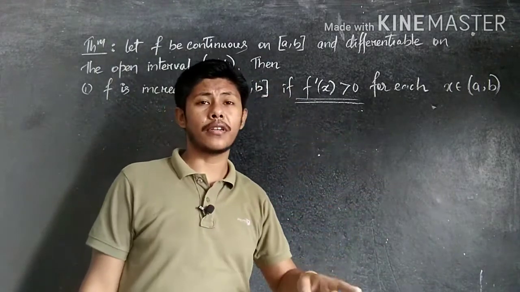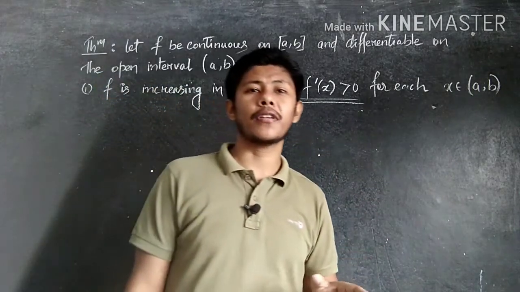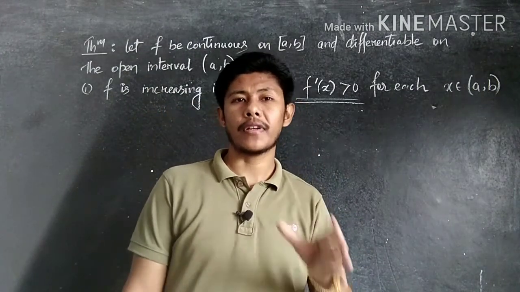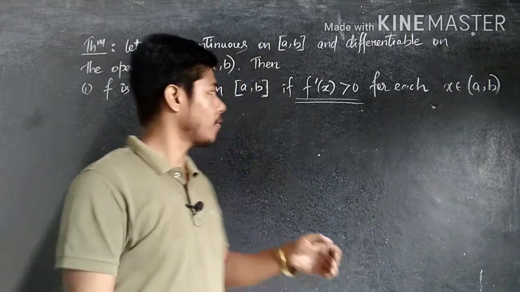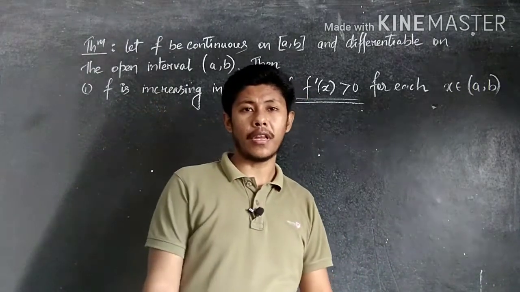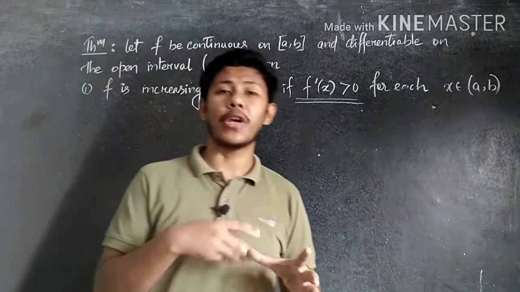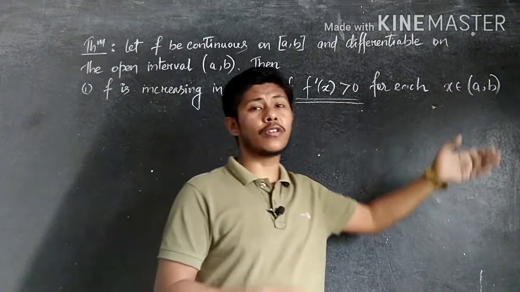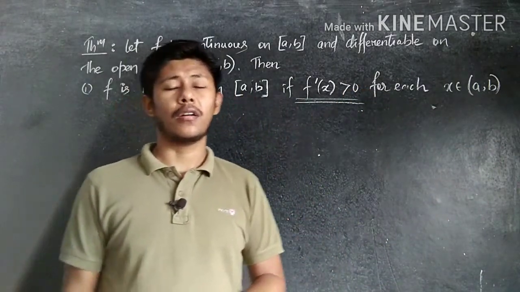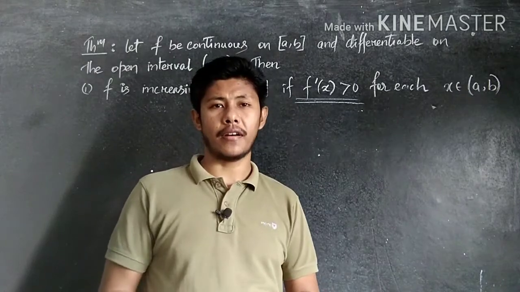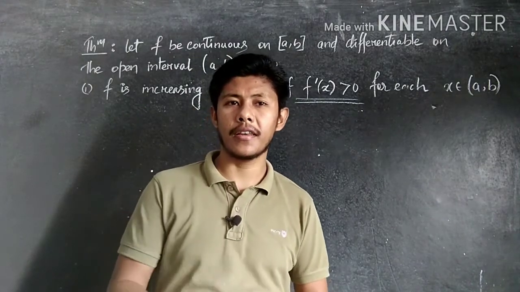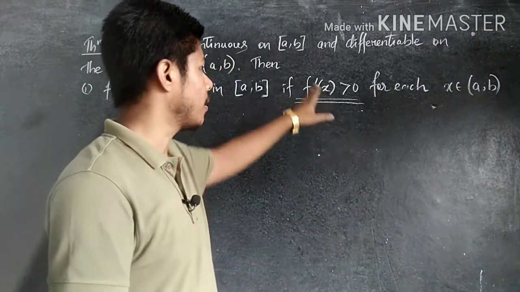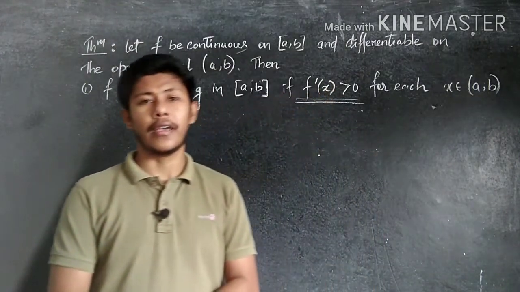So for the increasing function condition, if you are given a function f of x and you are asked directly whether it is increasing or not, what do we have to do? We have to differentiate. After differentiating, if we get a positive value for the derivative, whether it is a real number, integer or whatever is given there, and the value is greater than 0, then we say the function is an increasing function.